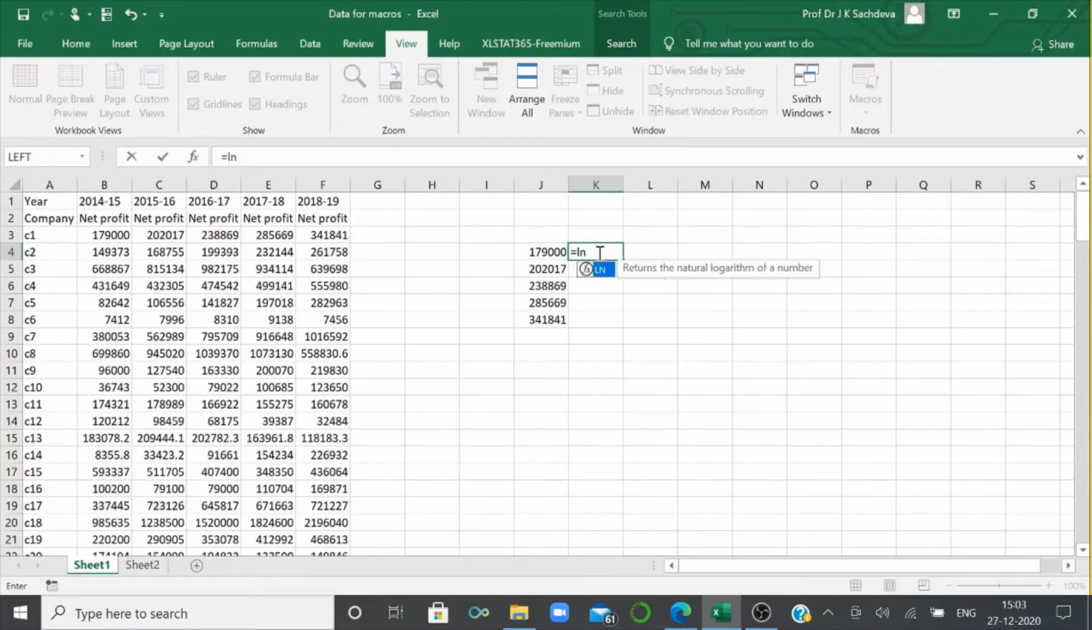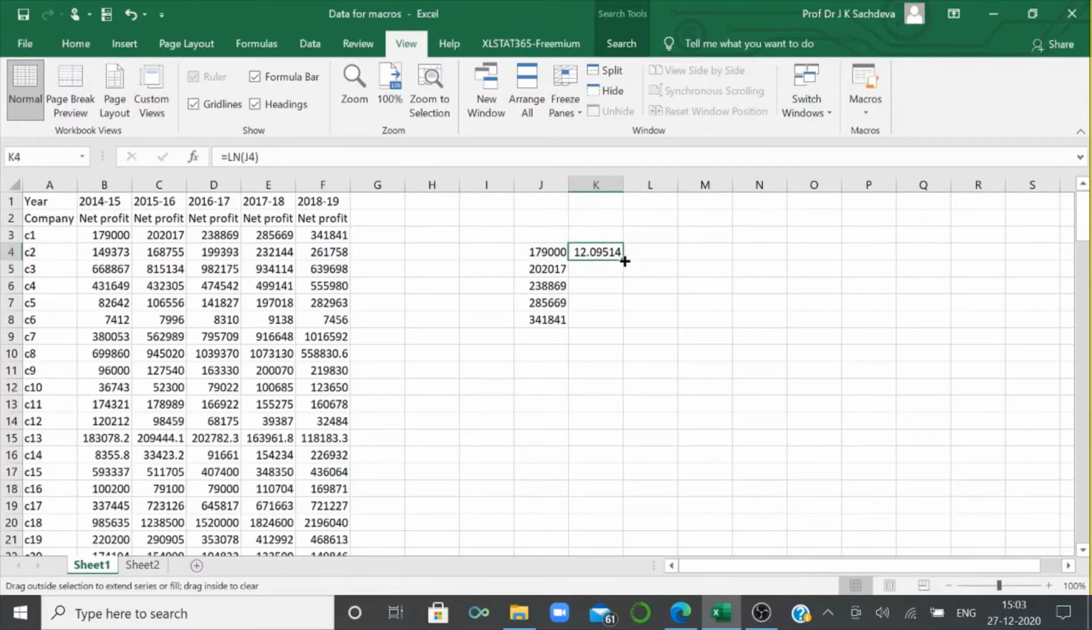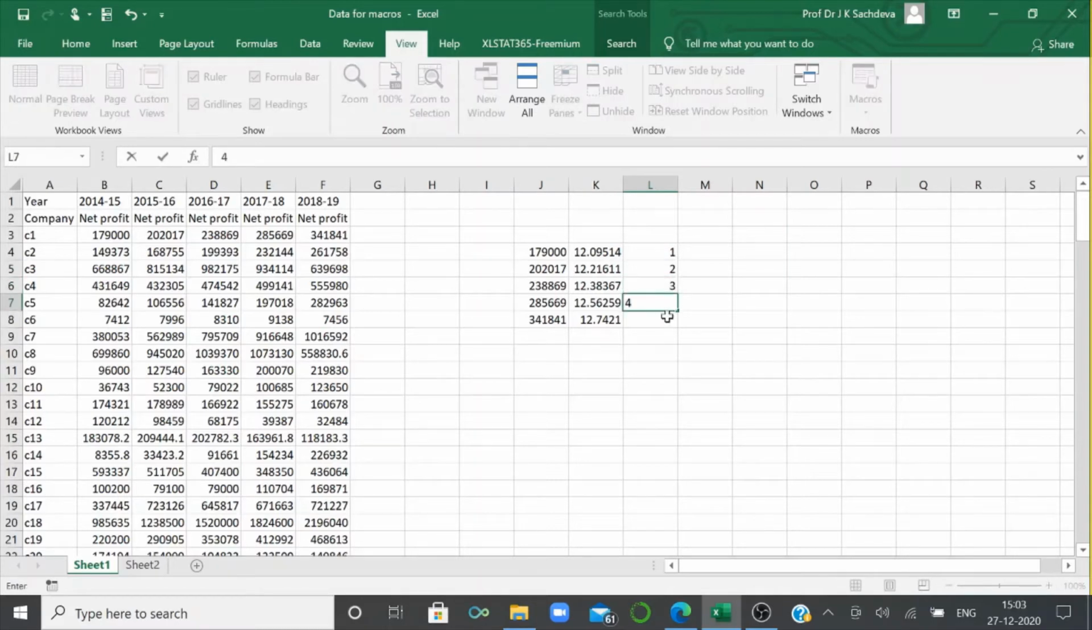to ln of this value. Okay, so this is there. Now I am going to drag it. This is my log values. I am going to now take time 1, 2, 3, 4, and 5. Now I want to find out